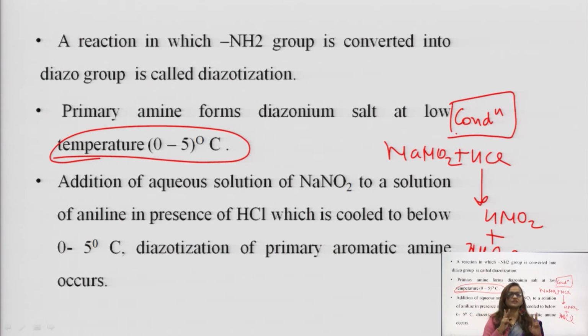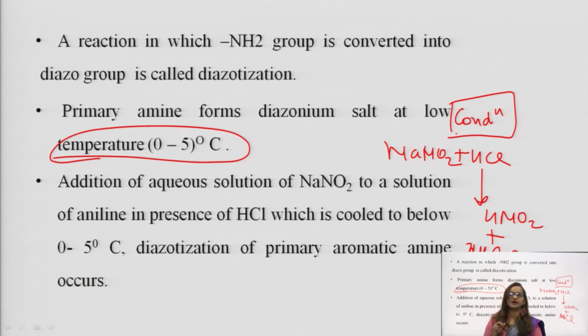Two things you have to keep in your mind. The first thing, you want to synthesize diazonium, right? You are understanding now? If you want to synthesize diazonium salt, then a very simple concept is that you have to react the aniline with nitrous acid. Temperature you must keep 0 to 5 degrees Celsius.